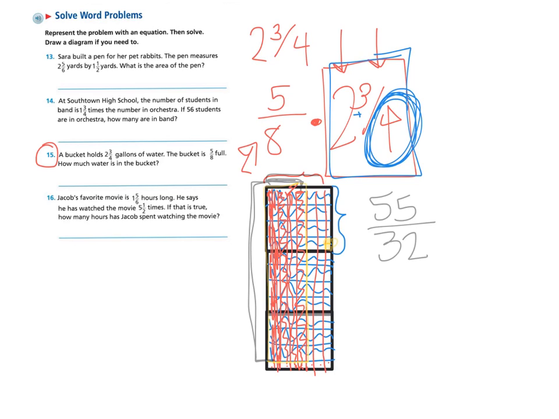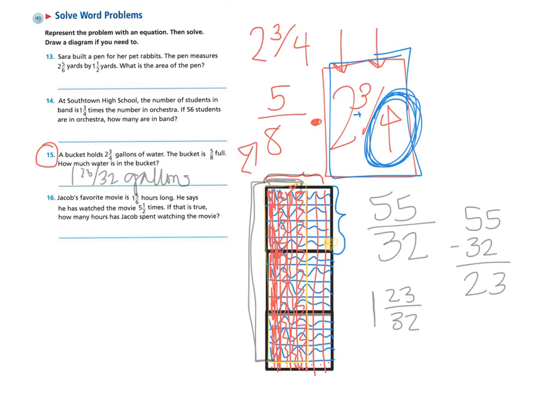Now I have to change this back into a mixed number. 32 fits into 55 one time. I'm going to have some remainder. So I'm going to say 55 take away 32. I'm going to keep 32 as my denominator. Don't forget that. And it's going to be 23. So the answer to this would be 1 and 23 32nds